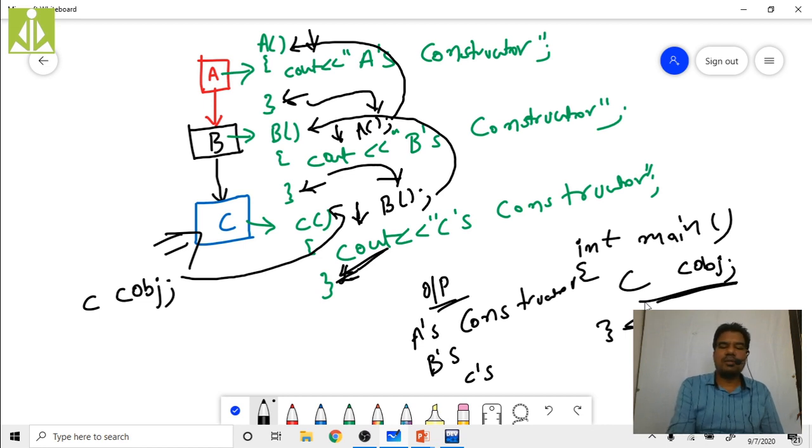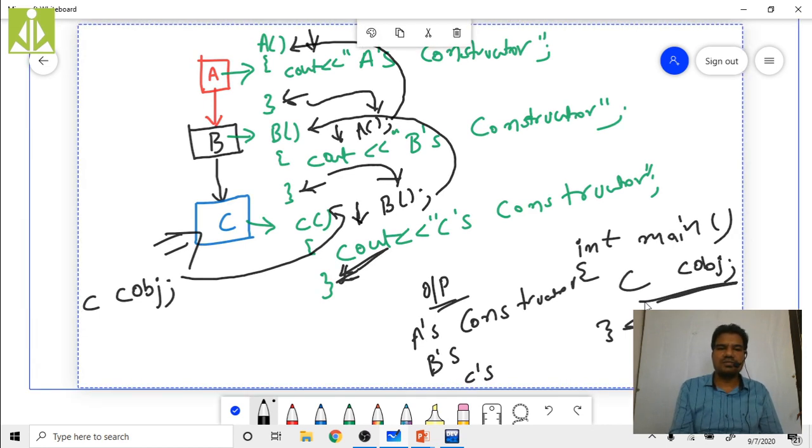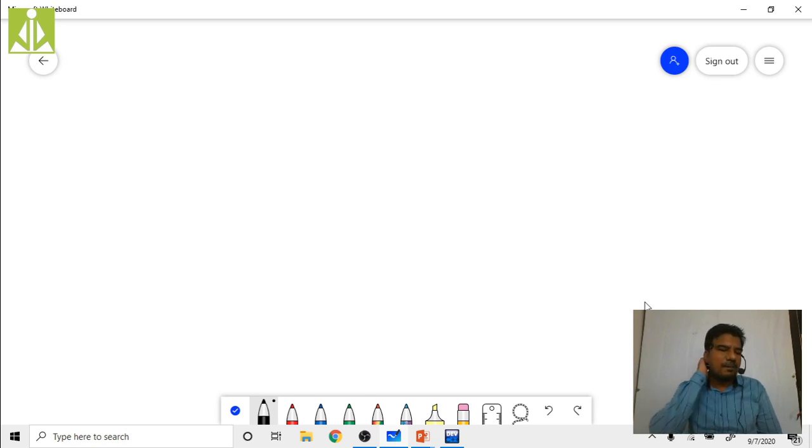So quickly we'll go to the parameterized constructor concept. What happens if you have a parameterized constructor? How will the invocation be done and how will the initialization be done? That we have to understand. So I'm again taking only 2 classes, with data members. This is our third level of understanding.